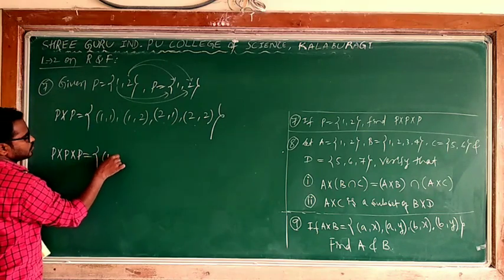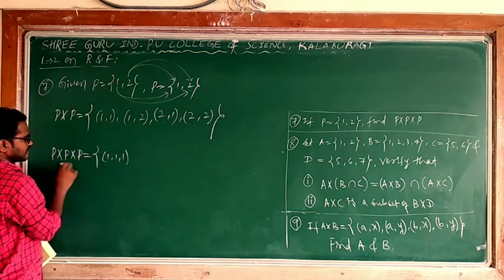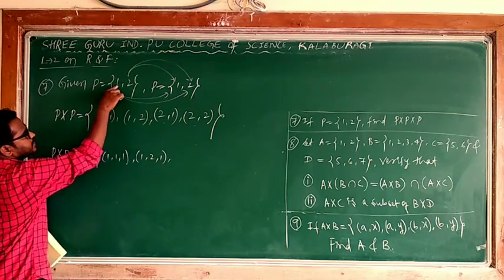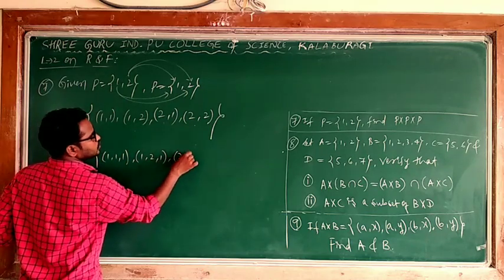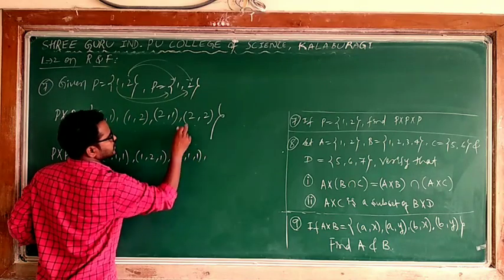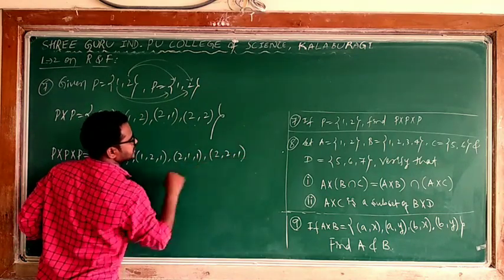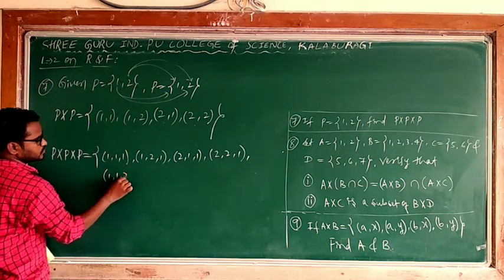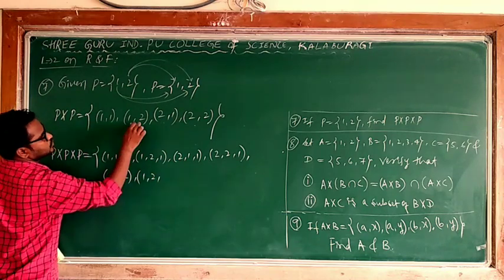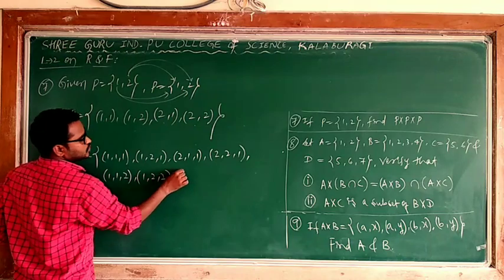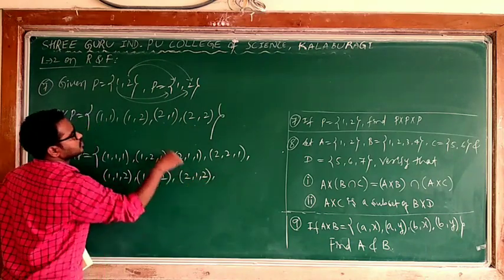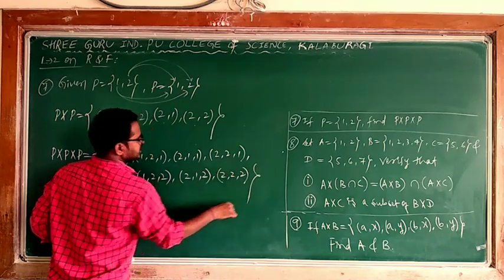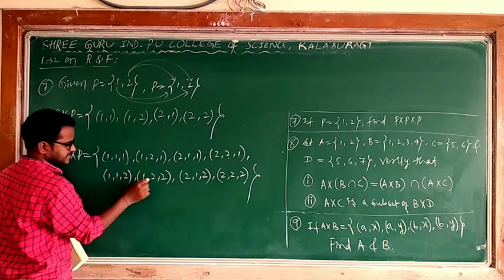Means I can say 1 with 1. I am inserting first number 1, because I am saying P cross P with P, so 1, 1, 1; 1, 2, 1; 2, 1, 1; 2, 2, 1. I inserted first number, which is 1. Next, same, 1, 1. I will insert second number now, 2. Yes, 1, 1, 2; 1, 2, 2; 2, 1, 2; 2, 2, 2. Yes, because we are inserting the second number. Again 1 2 3 4 5 6 7 8.